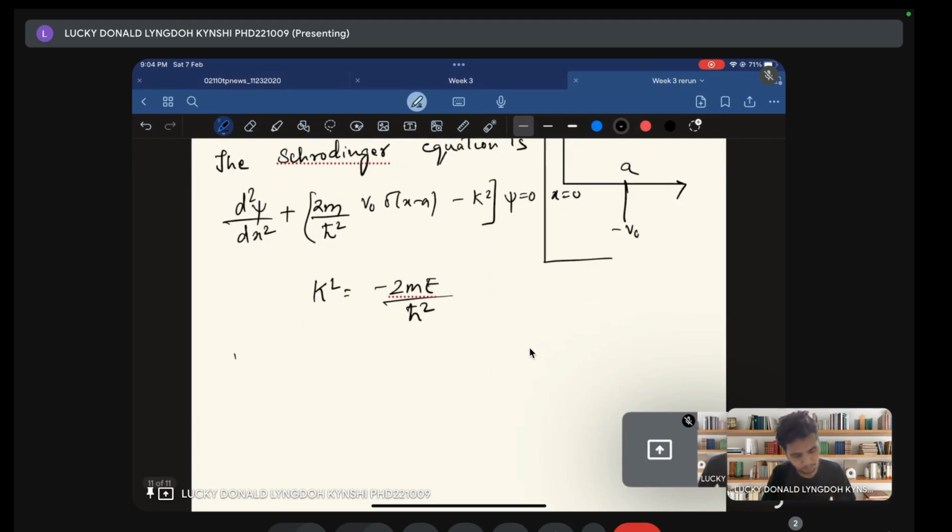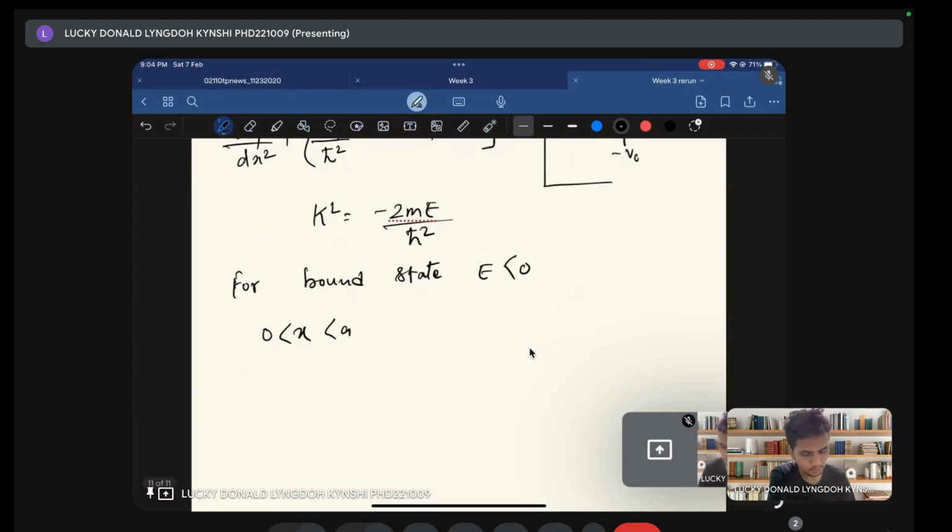Okay, now for bound state, E is less than 0. Okay, this is very important. For a bound state, that means the energy should be less than 0. Now there are two regions here, x greater than 0 and less than a. What happens when x is greater than 0 but less than a? So the wave function is simply